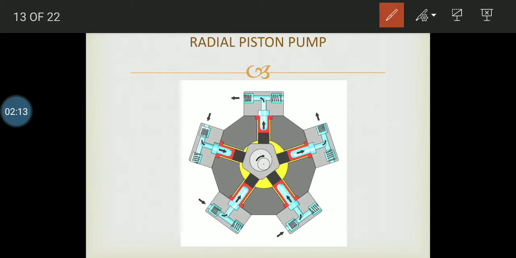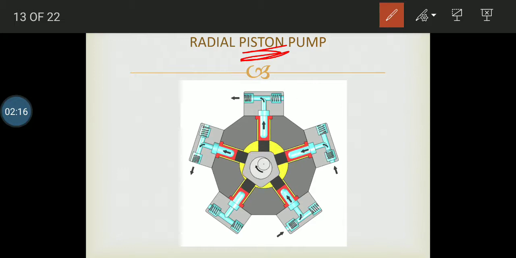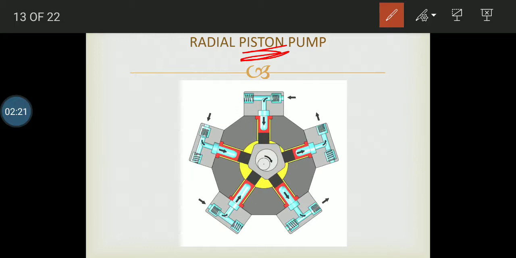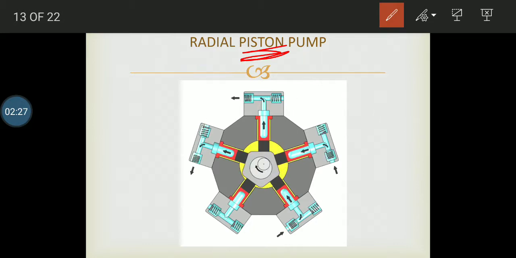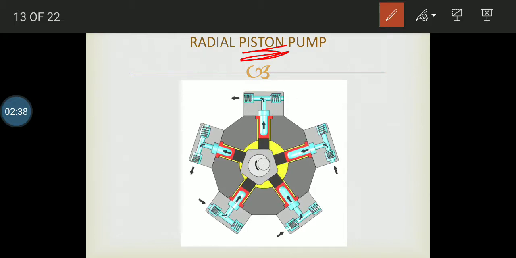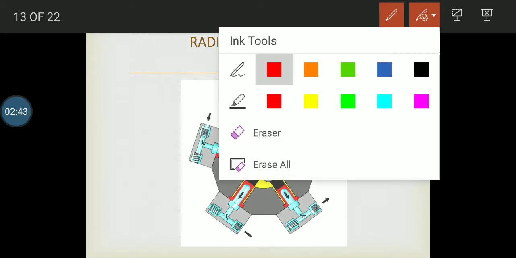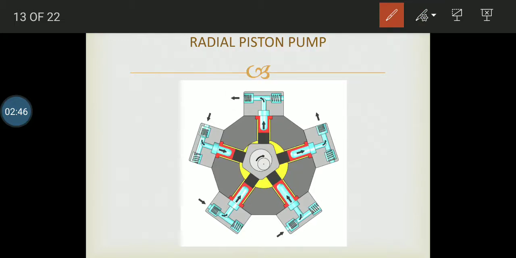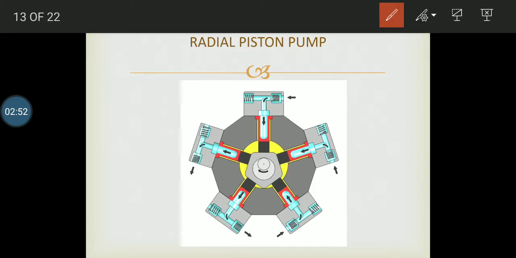Okay, when I am talking about a piston pump, it is actually a discrete type of fluid supplier, but in this process, because of the radial piston pump, it is working in that area which is considered to be neglected in the piston pump. The piston pump is delivering continuous fluid while acting as a radial piston pump. So the radial piston pump gives a continuous discharge instead of a discrete discharge.